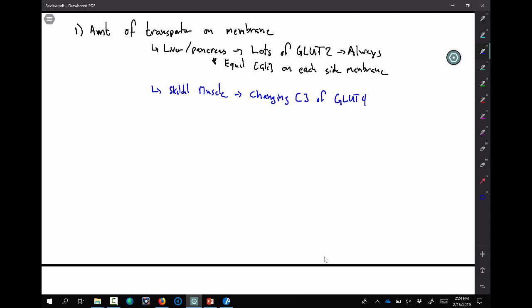As insulin signaling stops, GLUT4 will start to be sucked back into vesicles and you'll start to lose it on these membranes, which means that skeletal muscle will stop taking glucose from the blood when glucose levels in the blood are pretty low, which is good. You don't want skeletal muscles to take a bunch of glucose in at low blood glucose levels. The brain needs the glucose, not the skeletal muscle. So a changing concentration of GLUT4, and that means this is really sensitive